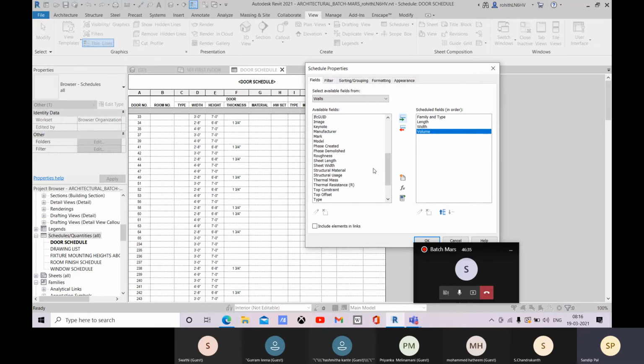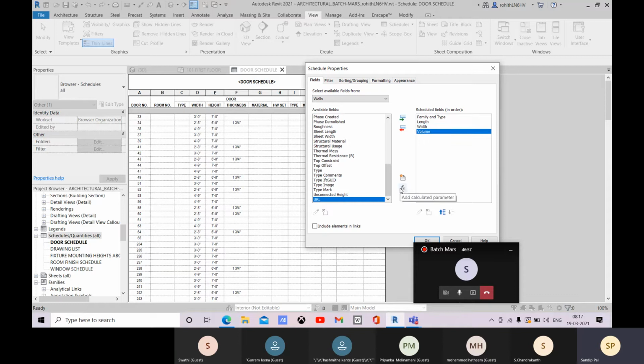If you want to add the structural material, you can add it also. Let's go with that. If you want to remove a field, double click, and if you double click here, it will be added to the schedule fields.